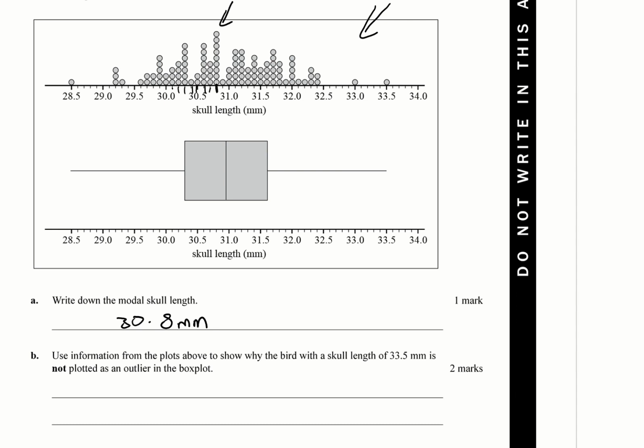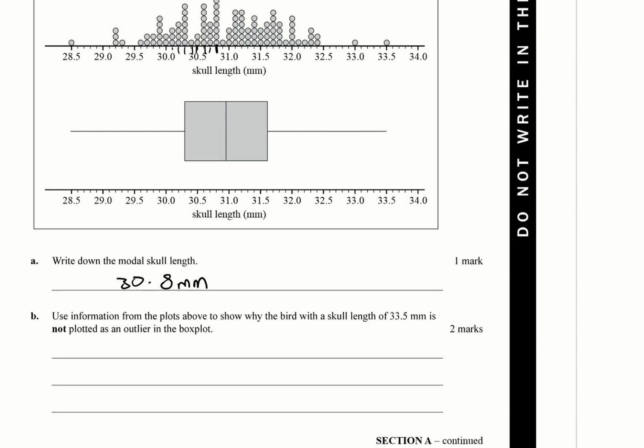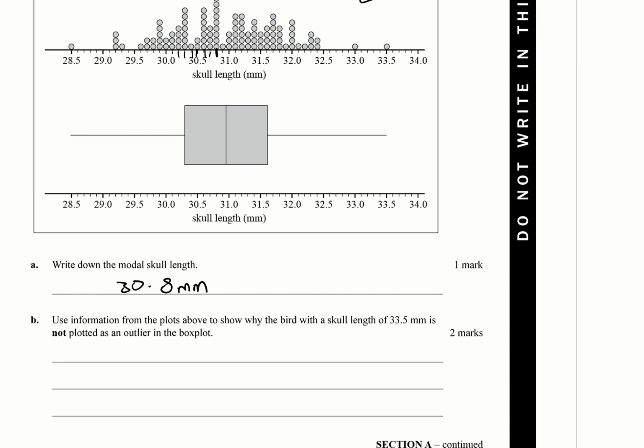Okay, and when we go down to question B, it says use the information from the plots above to show why the bird with a skull length of 33.5 millimeters is not plotted as an outlier in the box plot. For this one, you have to use the IQR, and you can get the IQR from here and here. So let's work out the IQR first. IQR equals Q3 minus Q1, so Q3 being 31.6 and Q1 being 30.3,